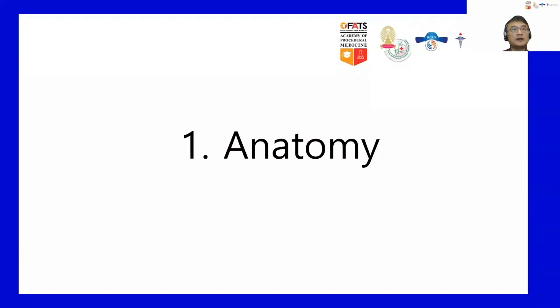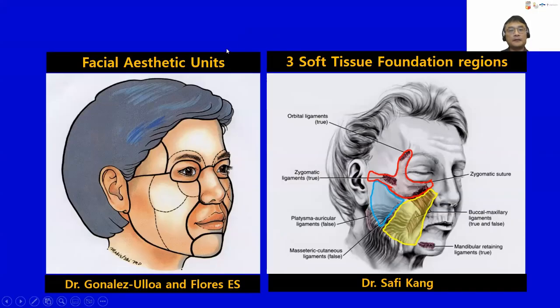First is about anatomy. As we know, the basic facial unit is actually the regional aesthetic unit of the face. It therefore emphasizes the need for restoring the facial skin unit and completing the lesions as opposed to patchwork. So this is a very important concept, and you should understand this functional aesthetic unit. The left is about the soft tissue foundation. That is my concept, so I will talk about this later.